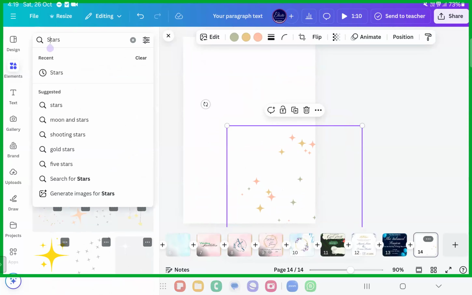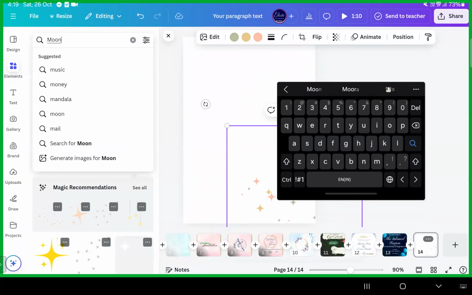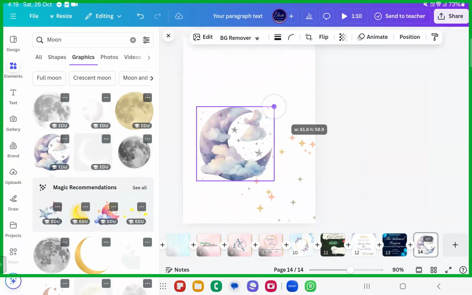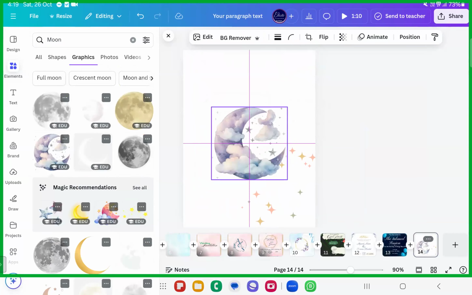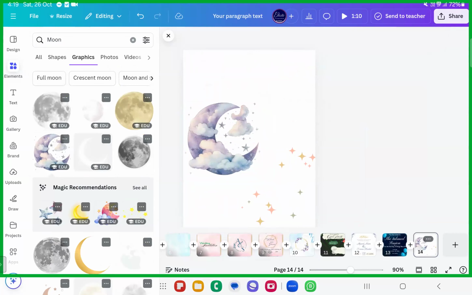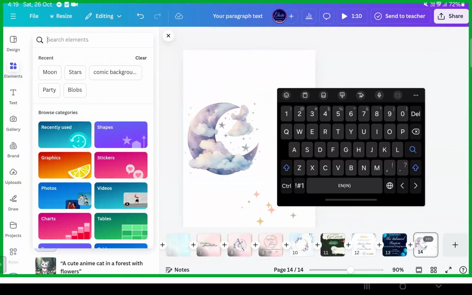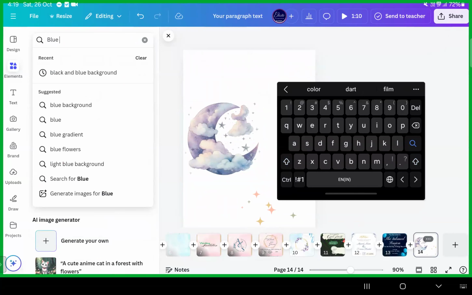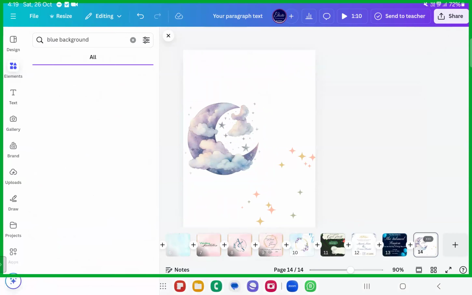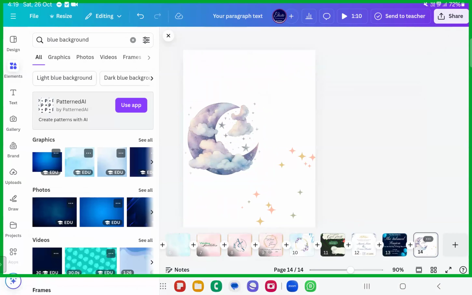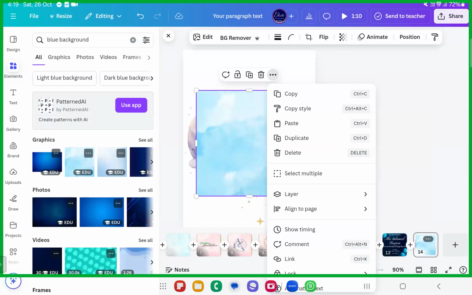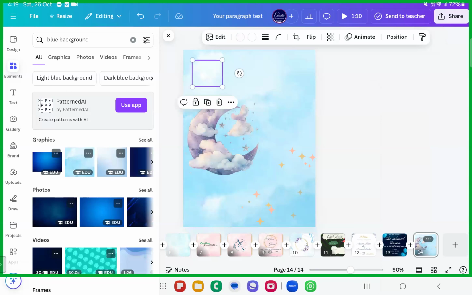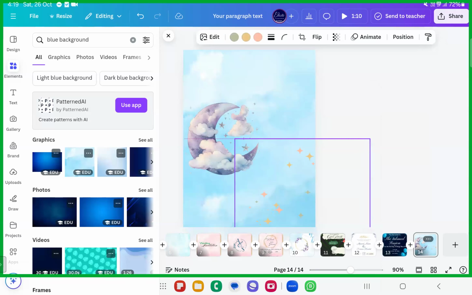Okay, then moon. I just wanted the moon, as the moon was the theme. Then it was a boy baby, so we can go ahead with this. Okay, we'll take this moon. Simply creating now, just to show you how you can do it according to the theme of the ceremony or something like that. Now we'll go ahead with blue backgrounds. I'll just select this one itself, so we'll just add that image's background. Fine. So this way we can maintain the colors. And then okay, stars and moons are already done.